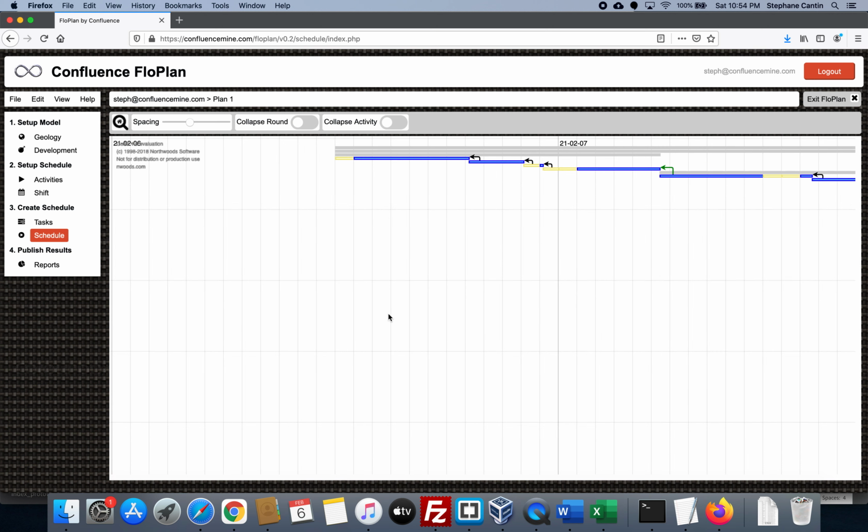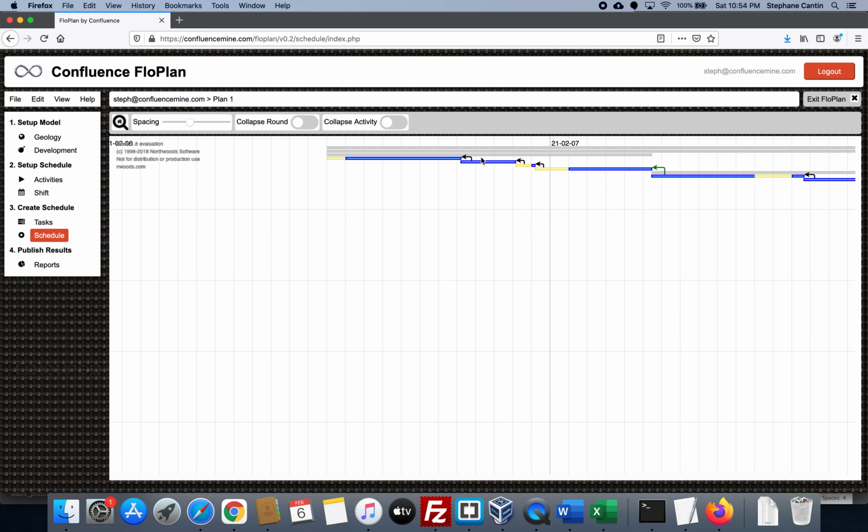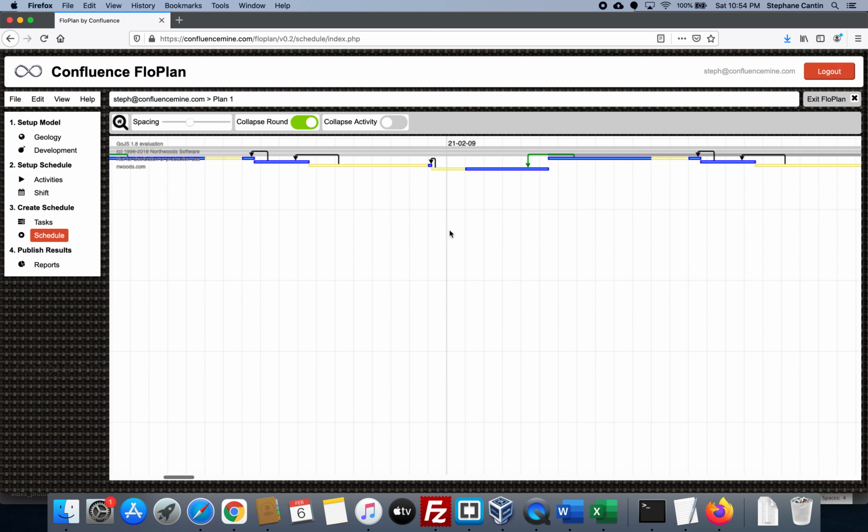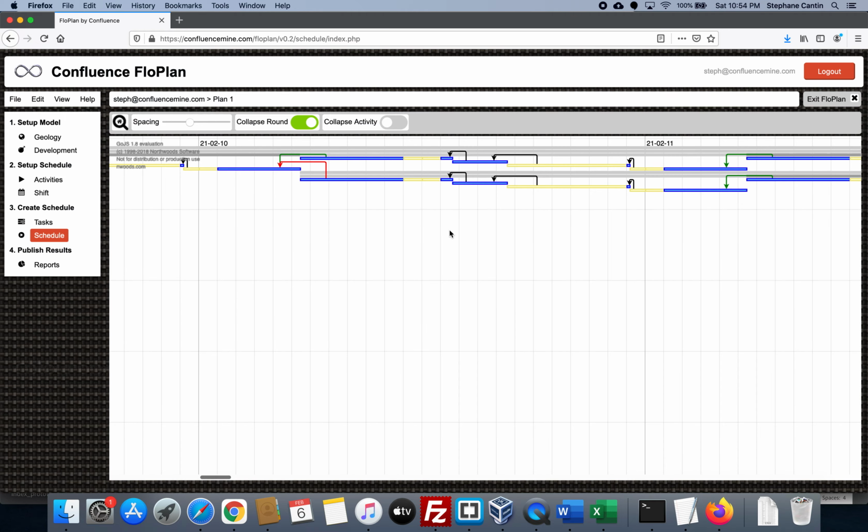As per normal, what we have over here is the actual schedule, and we can see we're not working for the first hour of the shift. And then we've got our drilling tasks, explosive charging, the delay until shift change. We've got our blasting, and if I can collapse the rounds over here, we're going to see once we move on the actual predecessor that shows the dependencies